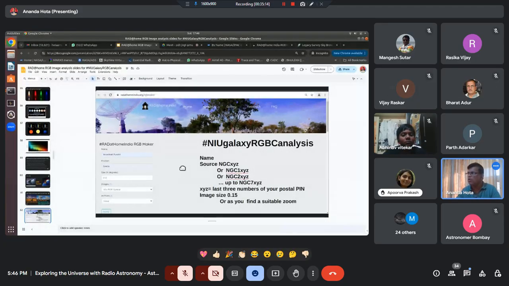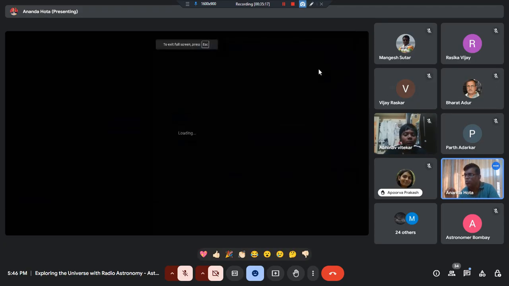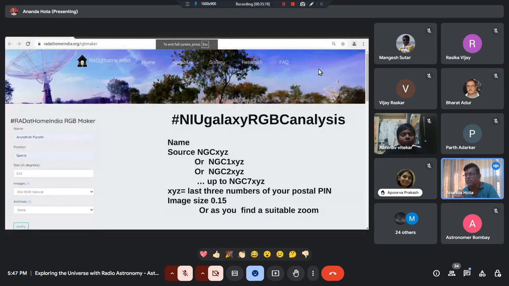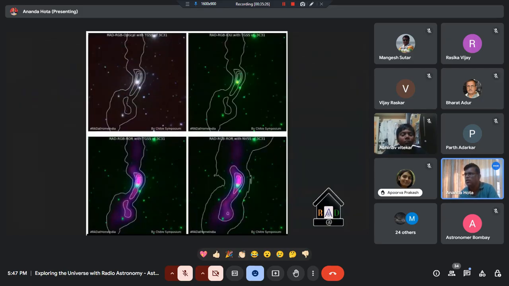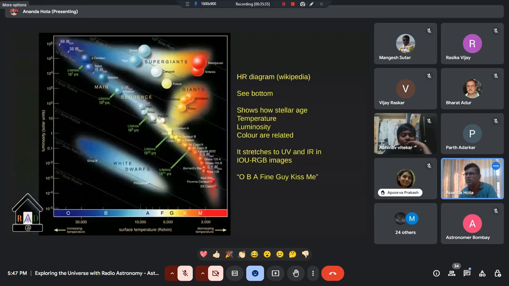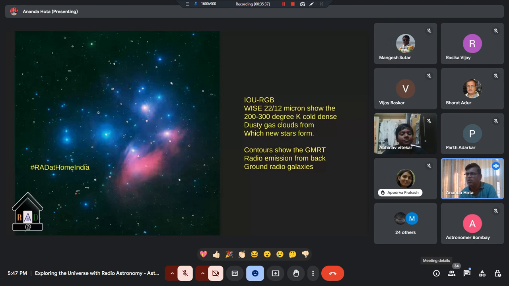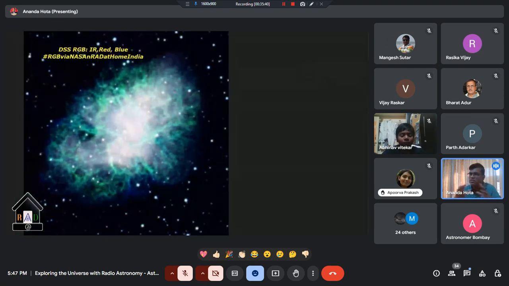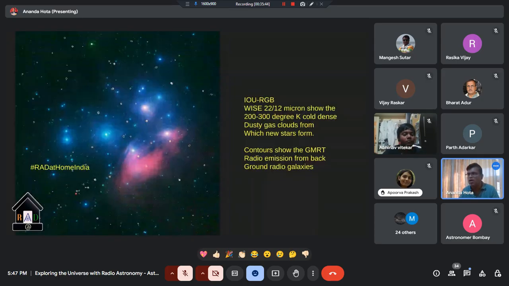So with this kind of tool, we will quickly see many examples of galactic objects as well as extragalactic objects. But the radio component will be there. We'll go to that a little later. But this is a supernova remnant, the Crab Nebula, M1, optical picture. What will you get in the radio picture? A fuzzy emission that can be seen. The red is the fuzzy emission. For example, this is the Pleiades or Krittika.